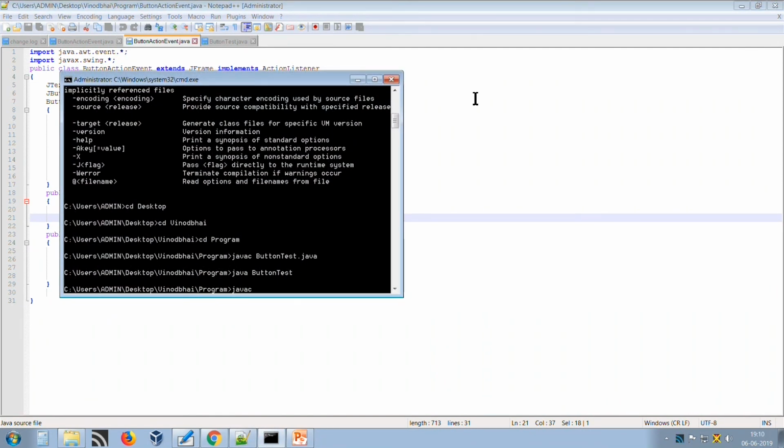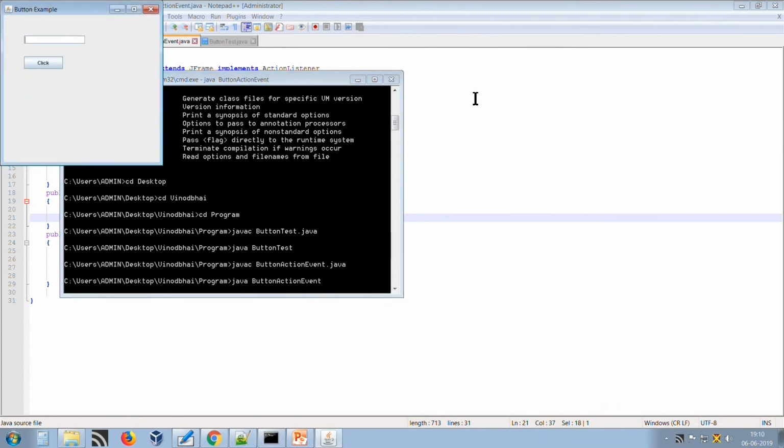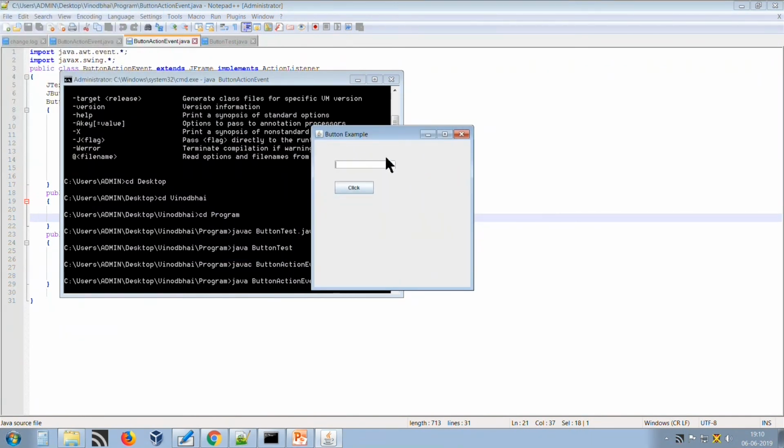First compile the program. Now run the program. So here the same text field is there and the button is there. Now let us enter the value, Babasaheb Ambedkar Open University. We are entering the value like this in the text field. Now we will click on the button. So when we click on the button, what happens? It displays the message welcome to BAOU and BAOU.